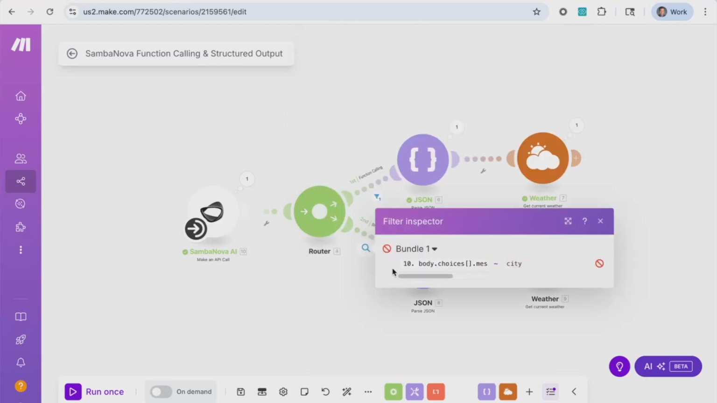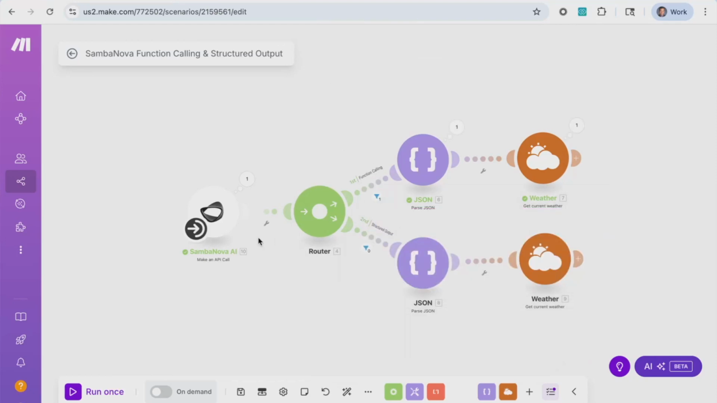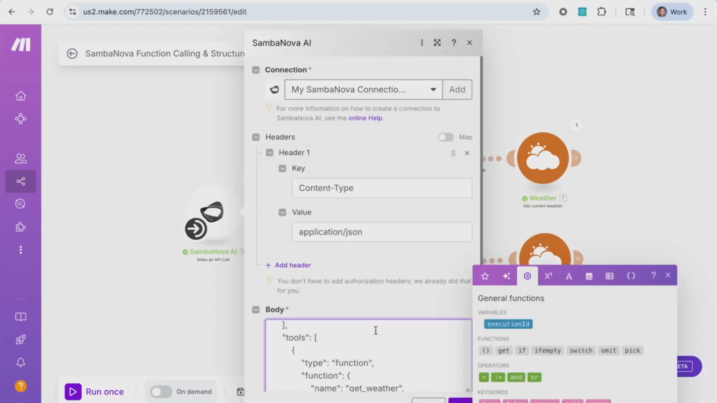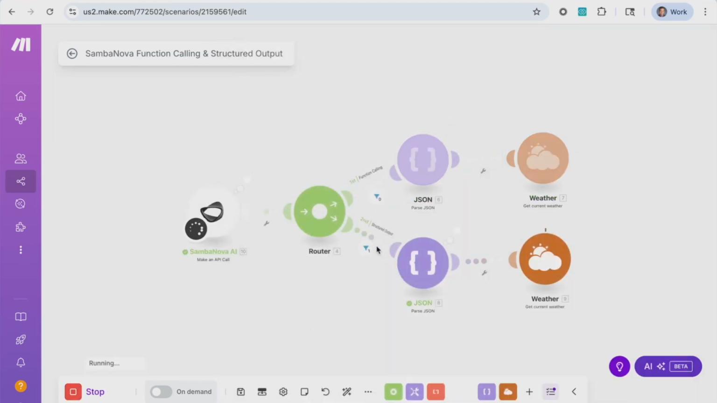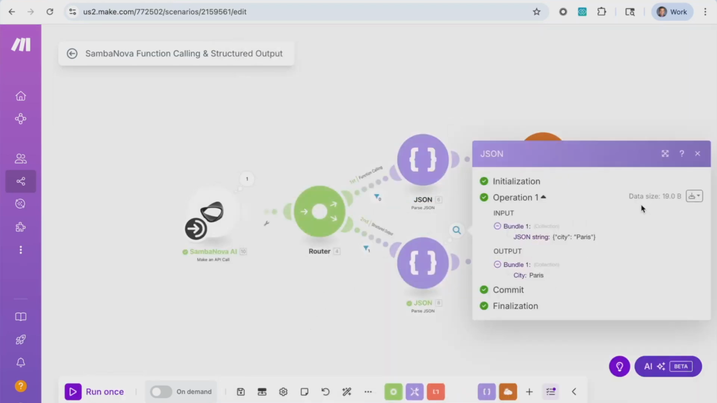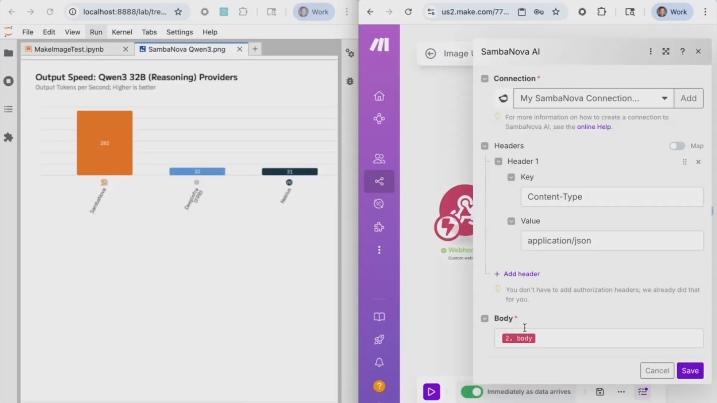The second path looks to see whether the message content contains city, which was not the case in this example, but if I were to change the input to a different one that asks for a structured output, then the second path will be triggered. And we'll once again obtain the weather for Paris. Note that the body field in the Make an API module can be mapped to another module that precedes it,